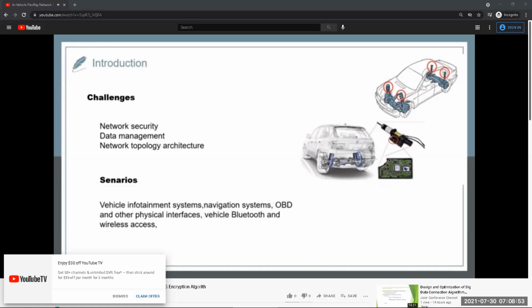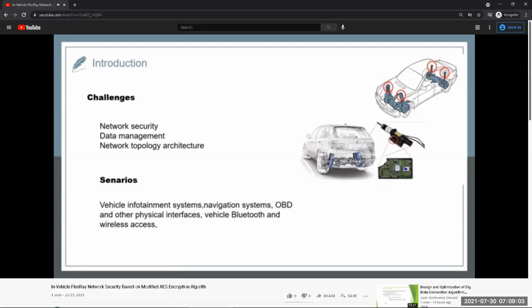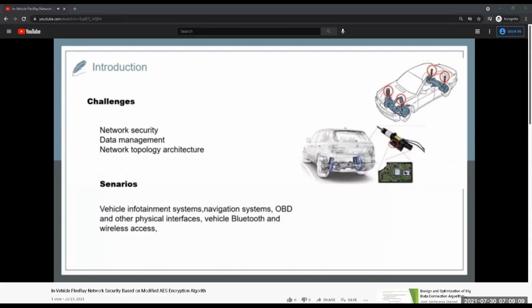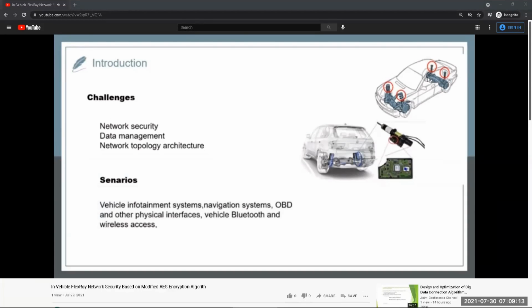However, the development of vehicle bus networks faces many challenges: the network security, data management, and the network